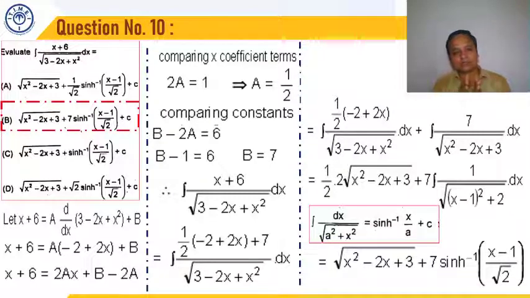So we just separate, write the numerator as a into differentiation of denominator plus constant. Whenever we have a quadratic expression in the square root and the numerator is a linear term, we can write this as a into differentiation of denominator, that is the expression in the root term, plus constant, and then divide our integral into two different integrals and then apply the standard result whichever appears. So we applied this formula and we got our choice as choice B. Step by step procedures are shown.